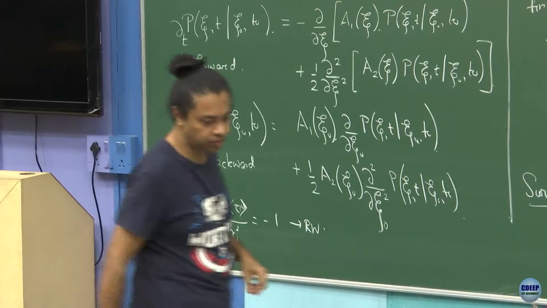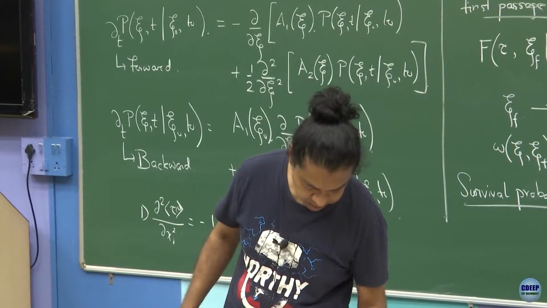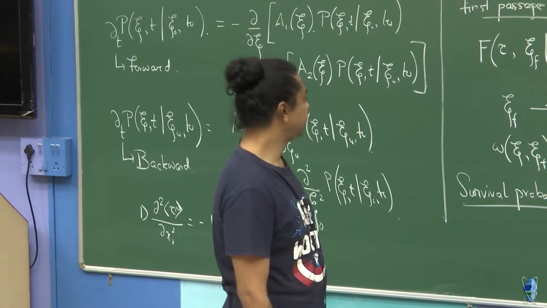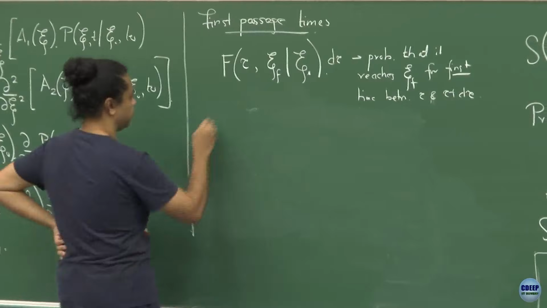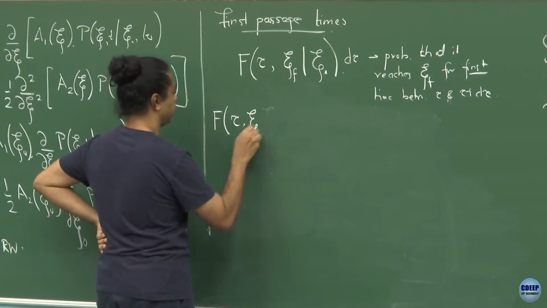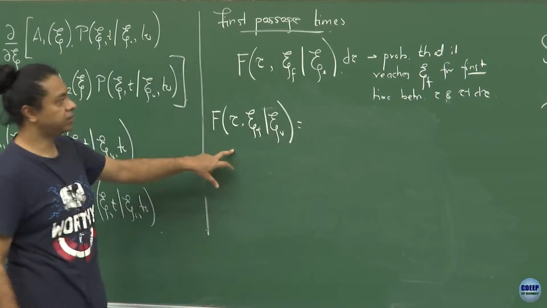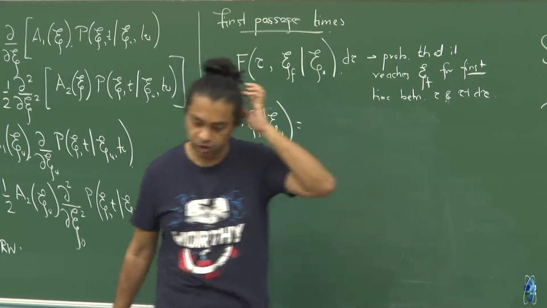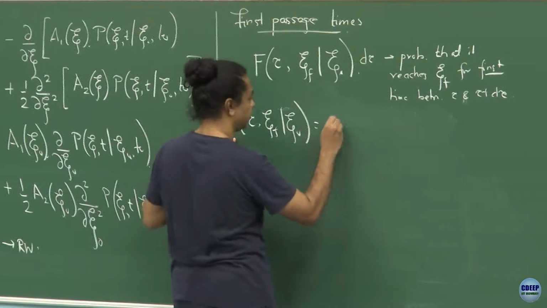I will show this in one more way. That might be maybe better. So let me think about this first passage once more. So again, this quantity, the first passage, f(tau; xi_f, xi_0). This is the probability that it reaches xi_f in the time interval between tau and tau plus d tau. So this you can think of therefore as the probability